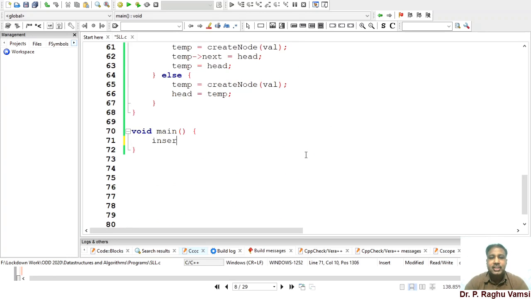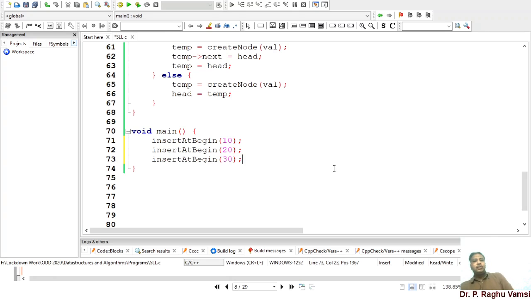So here I will do insert at begin 10, insert at begin 20, insert at begin 30. So now the list should look like how? 30, 20, 10, because the first node that we have created is 10.